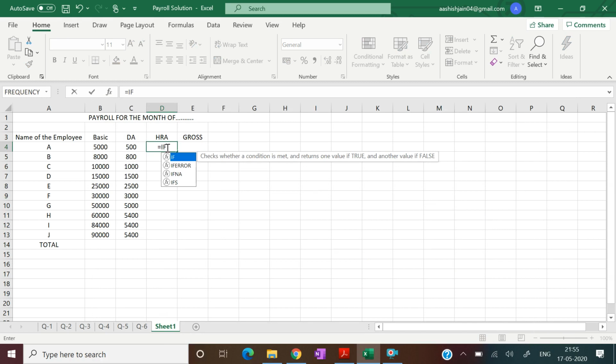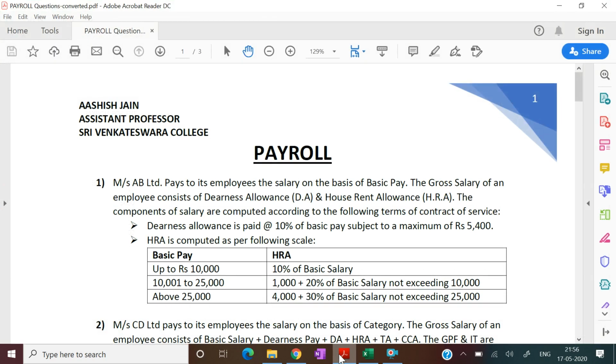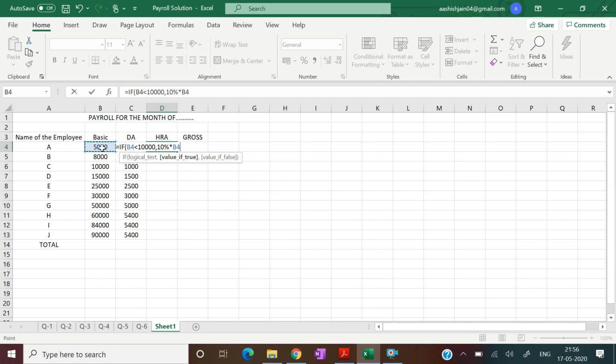That is equal to IF basic pay, that is B4, is less than 10,000, then HRA would be 10% of basic salary, comma, then we will use another IF function. If basic salary, that is B4, is up to 25,000,